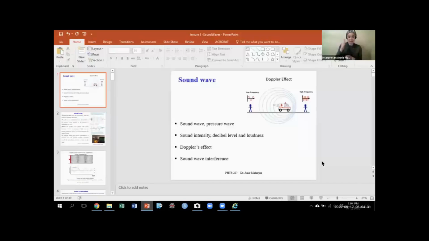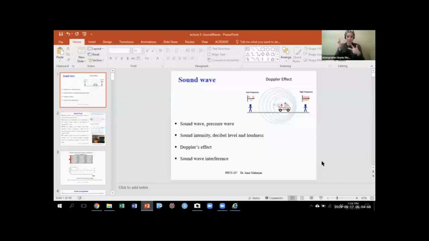It has three main topics actually. Okay. So as our last topic, we're going to discuss mostly sound waves. This is still a wave, still a mechanical wave, right? Sound wave is a mechanical longitudinal wave. We're going to talk about the properties of sound wave and some applications. So three major topics on our last lecture.